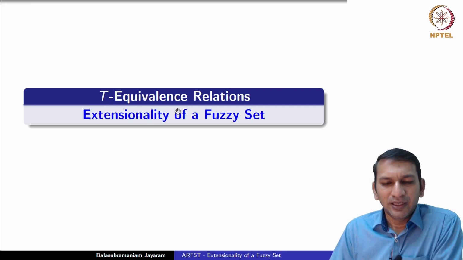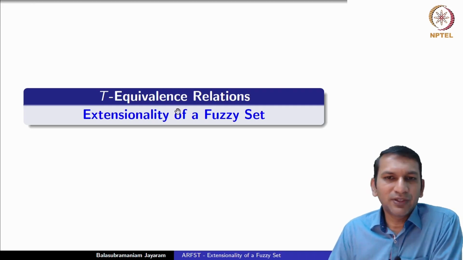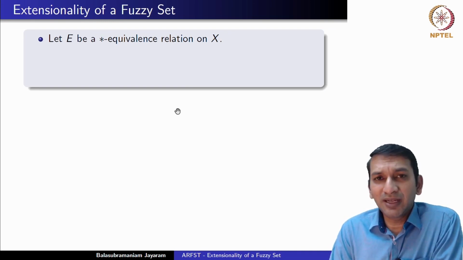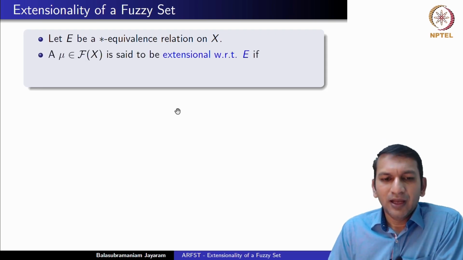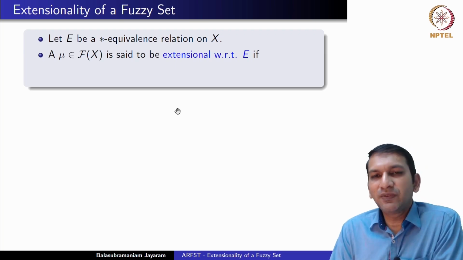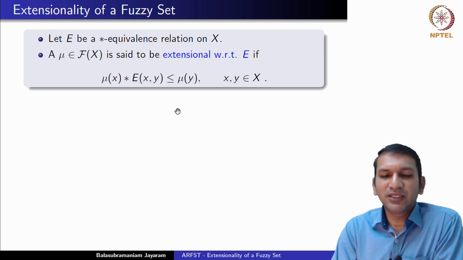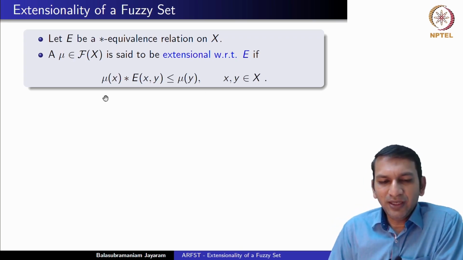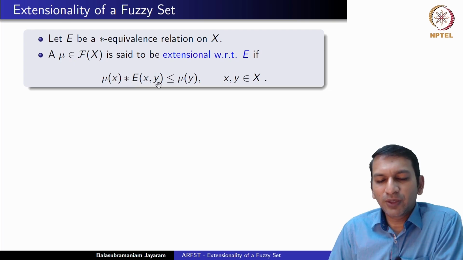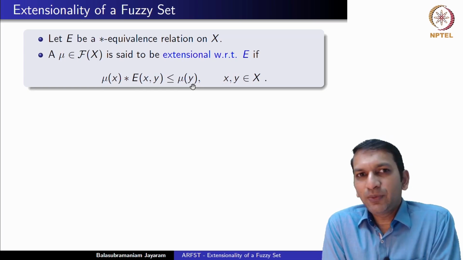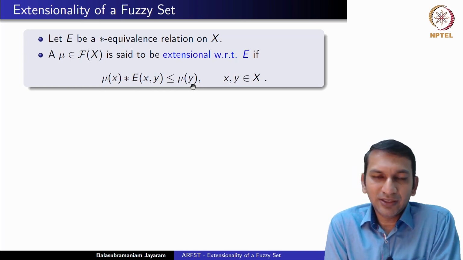Now, let's look at what is extensionality of a fuzzy set. Let us be given a star equivalence relation on X, which means E is reflexive, symmetric and star transitive. If we take a fuzzy set mu on X, it is said to be extensional with respect to E if it satisfies this particular property. What does this say? If you take an x and y, mu of x star E of xy should be less than or equal to mu of y. Remember, E is an equivalence relation, in some sense an equality relation or